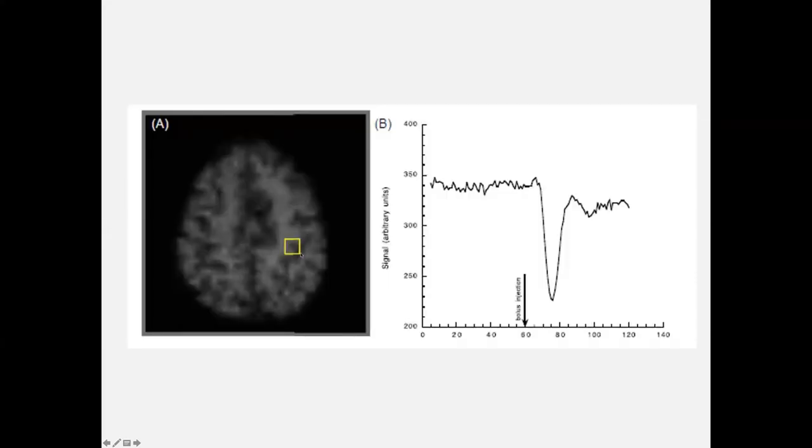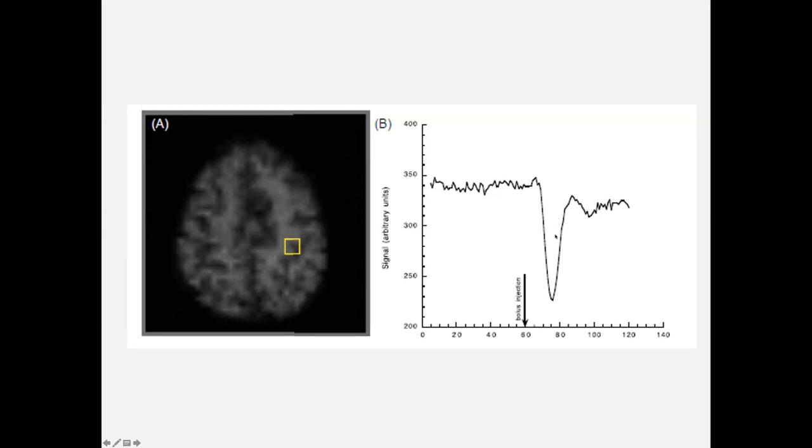Let's say this is a figure which excellently depicts that. Let us suppose this is the region of interest we are interested in. We have injected a paramagnetic substance like gadolinium. Initially there will be a certain baseline signal intensity, then when the contrast comes here there will be a sharp drop in signal. Then when the contrast goes away, there will be recovery of that signal. This is very basic. Everybody knows this.